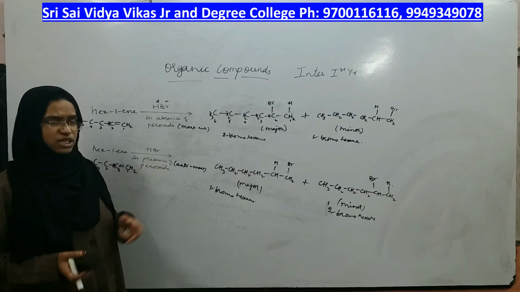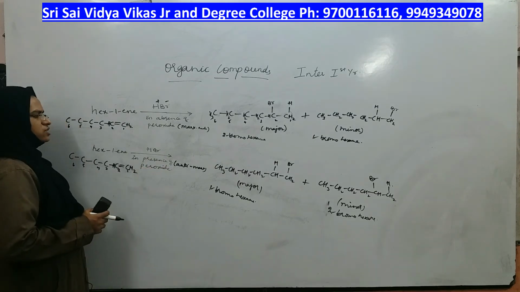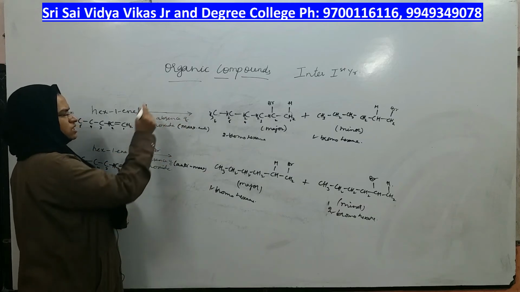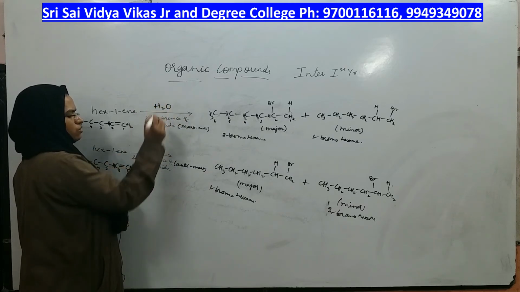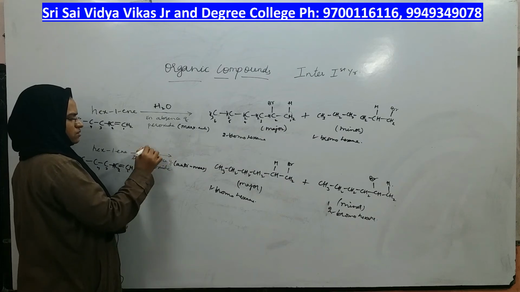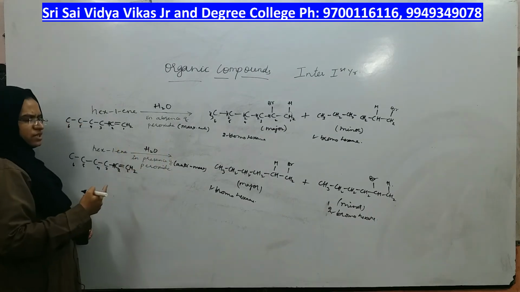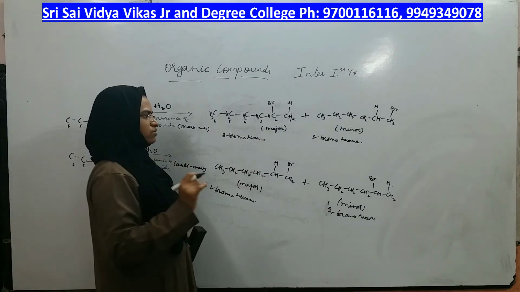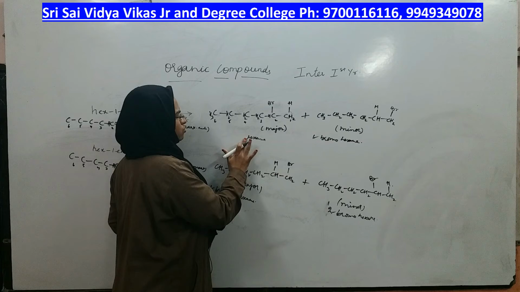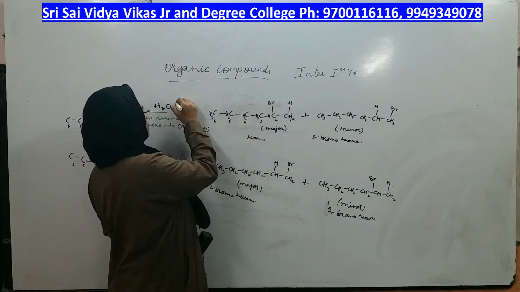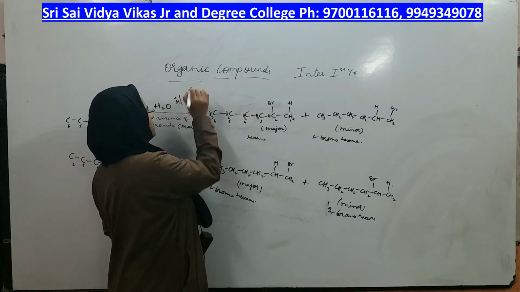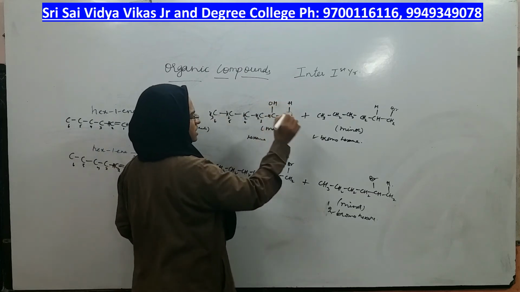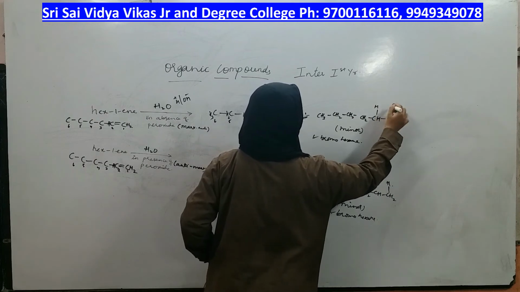Otherwise we will also see if H2O reacts with this, what happens. We will do the same exercise just by changing H2O. After you copied this, please copy the previous one so that we will do it now. Here only I would like to make the changes. What is the group here? In water, OH is present, right? What is the negative part? Wherever bromine was there, make it as OH.